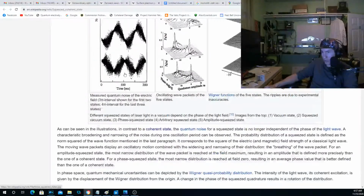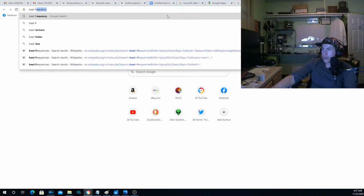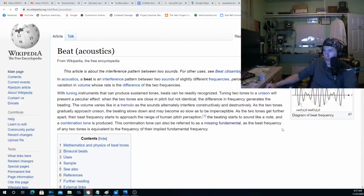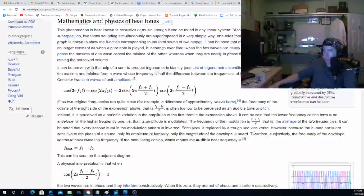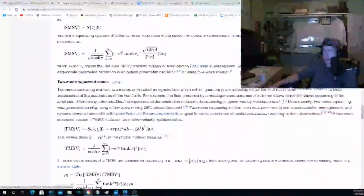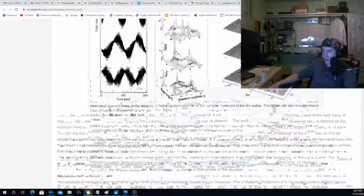But anyway, the squeezed quantum states is what I found. When you have squeezed vacuum, this is what looks like beat frequencies. Beat frequencies are what happen when you put two waves together. Anytime you get two waves in acoustics, you get what are called beats, where the amplitude goes to zero at certain points. And what that does in a vacuum is create a squeezed vacuum state, or squeezed coherent states. So the first frequency kind of coheres them. I don't know if it's quite like that, but anyway,